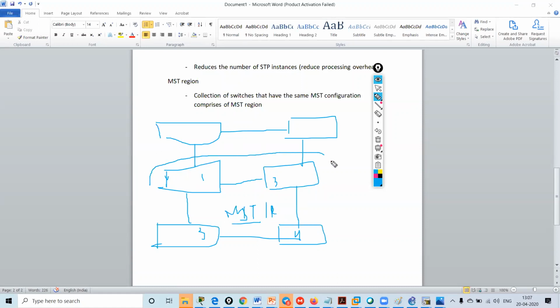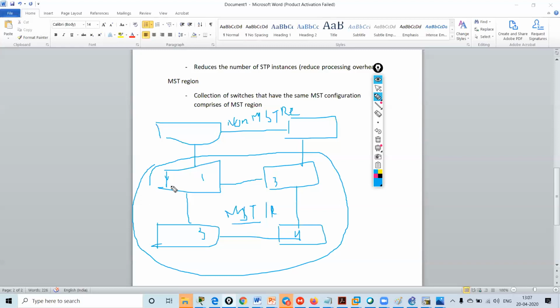So this is known as my MST region. These 4 are in one MST region. And if there are switches running MST but in some other MST region, they will be known as non-MST region.